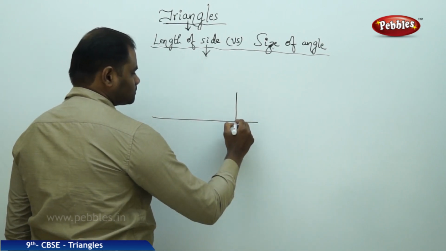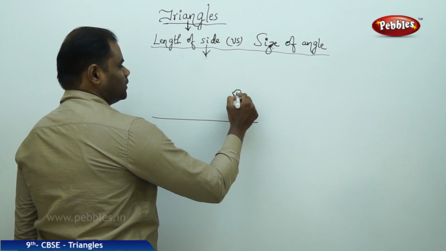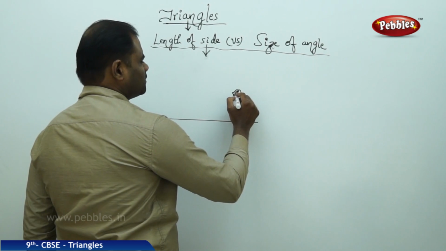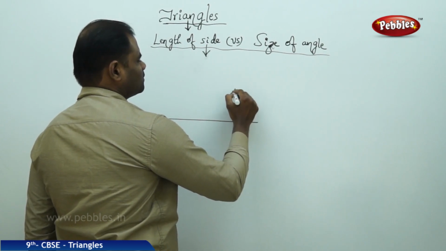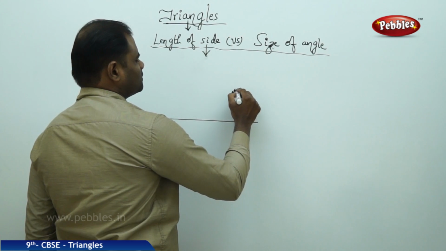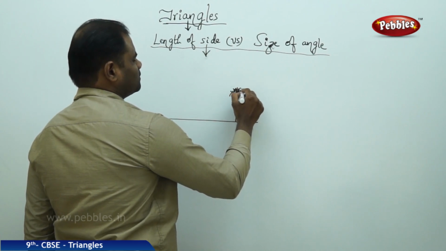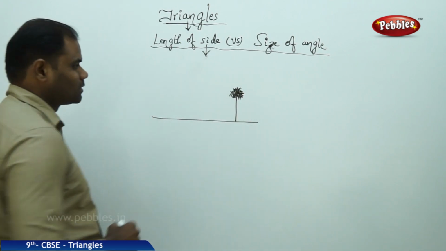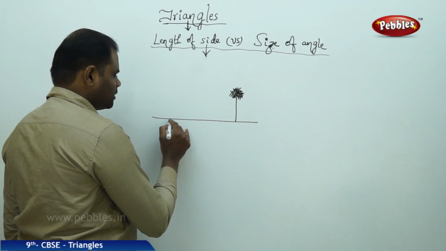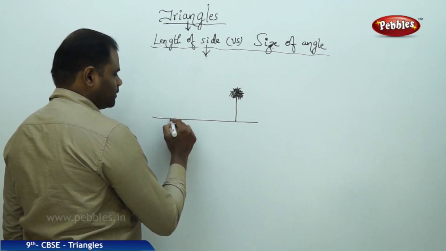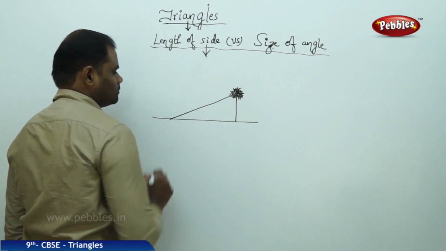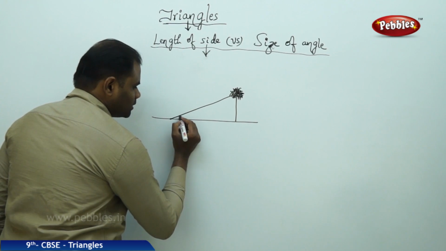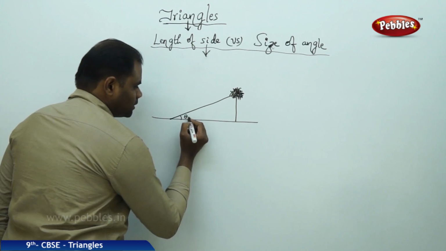Imagine I have a tree out here, or this is a palm tree which I have out here. So imagine this as the palm tree which I have, and I'm standing out here to watch the palm tree. Now I have an angle, so this angle is theta